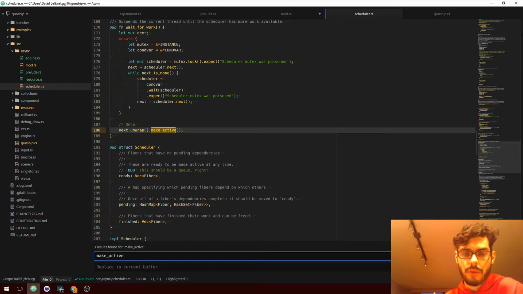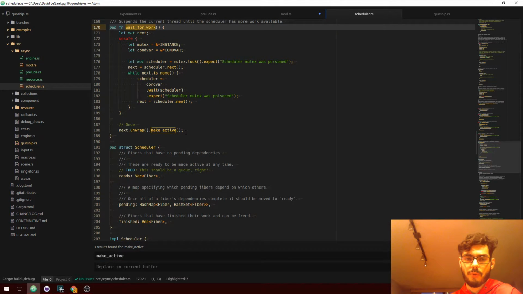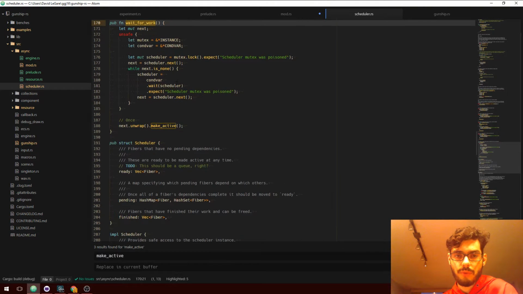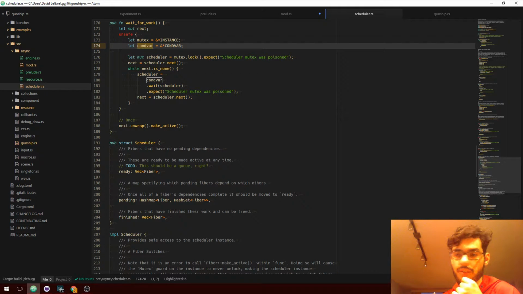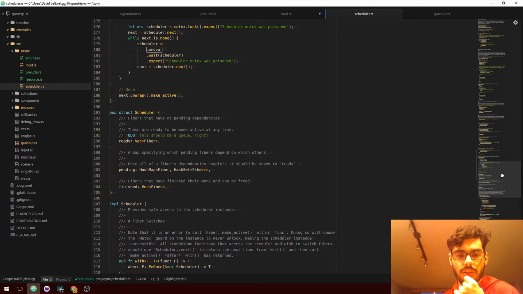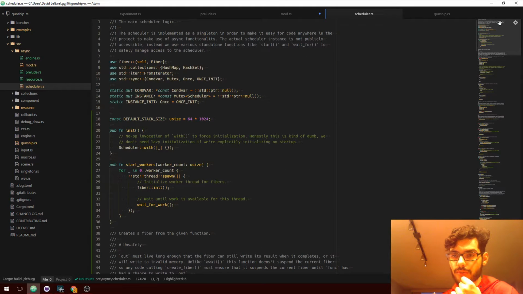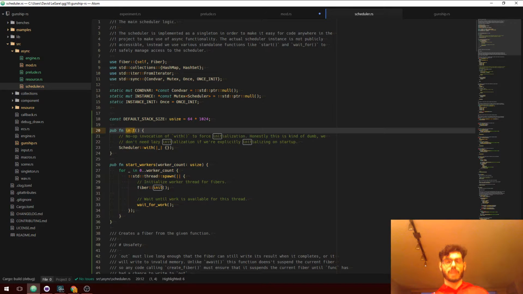Make active is called by wait for work, and I believe it is possible that we will call wait for work before we ever call scheduler with. Specifically, wait for work does not use scheduler with, it accesses the mutex on its own so that it can do this convar magic, so we will run into problems. So I'm going to leave that init there for now, but I would like to eventually get rid of it, and allow the scheduler to either be completely lazy on its own or something else.